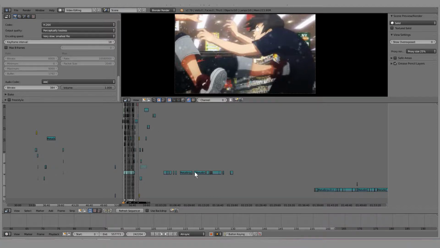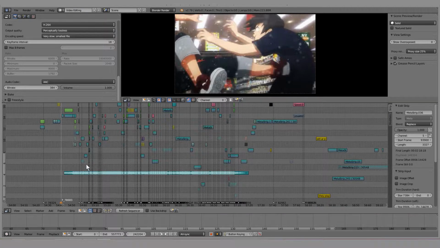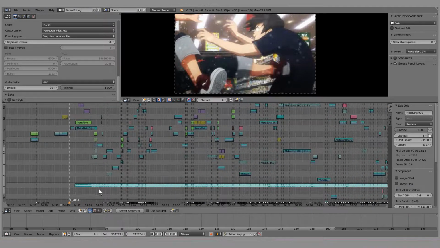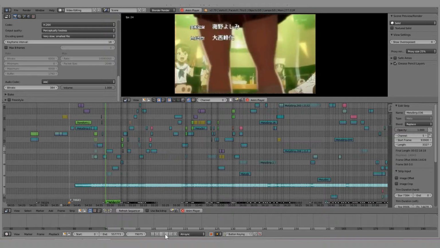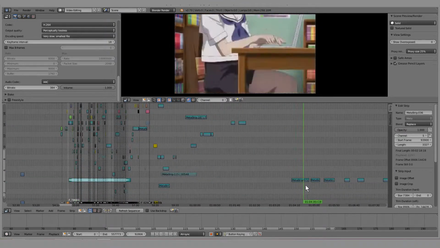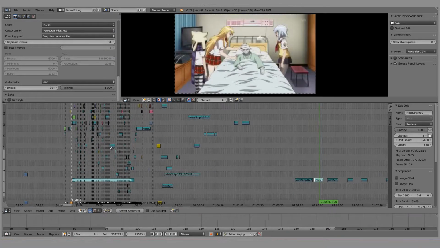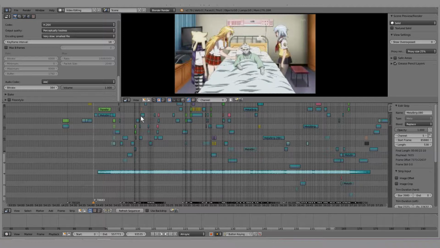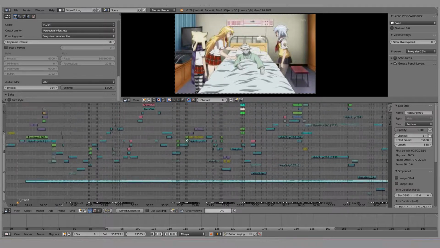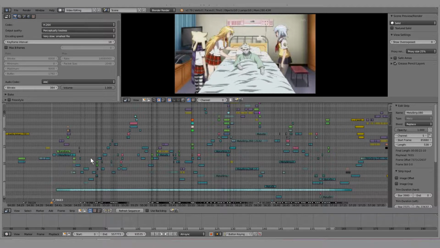So from there, you have a whole bunch of strips here, and you just combine these with your audio in the way that you want, basically. And so you'd play a section of the audio, and say, oh, okay, this scene here would work for that. So you just grab it and place it there, and you just continue that process. And you layer things, so you'd end up with something like this. So you have a whole bunch of meta strips layered on top of each other, all over the place. Then from there, once you get an outline, you would then go in and start trimming stuff,